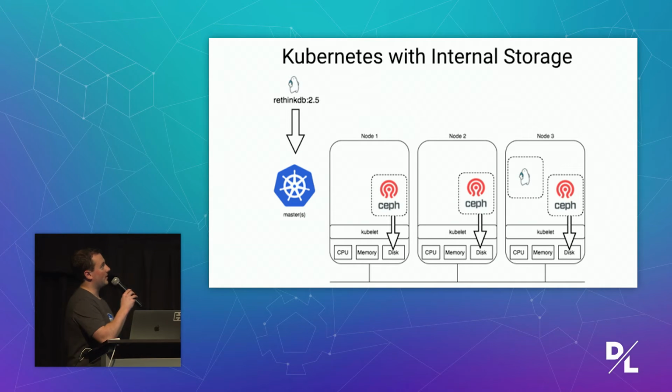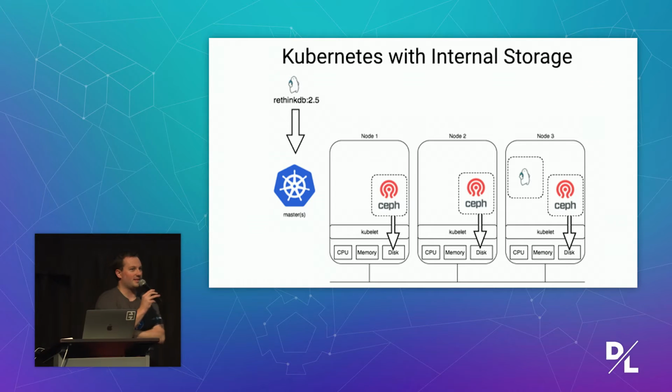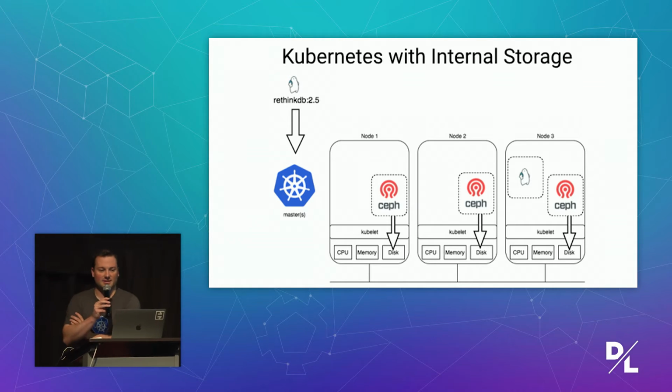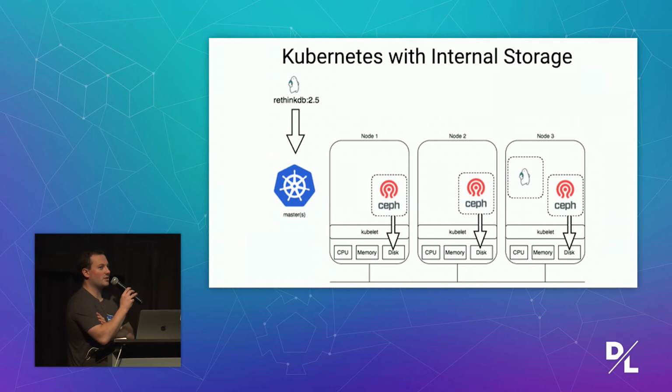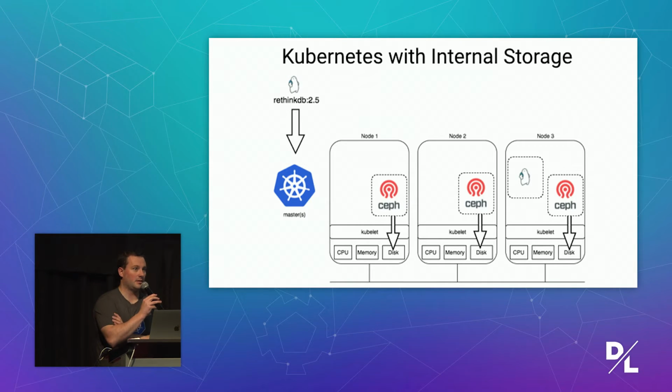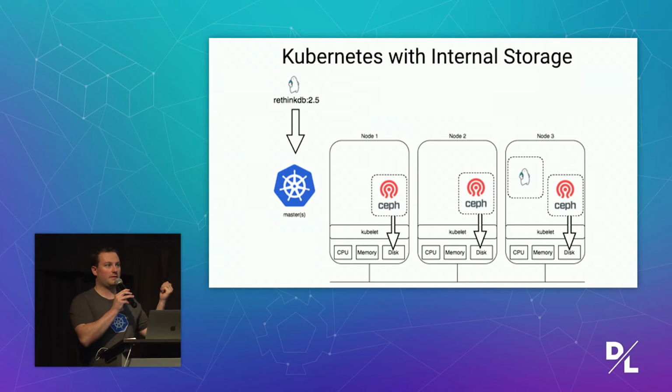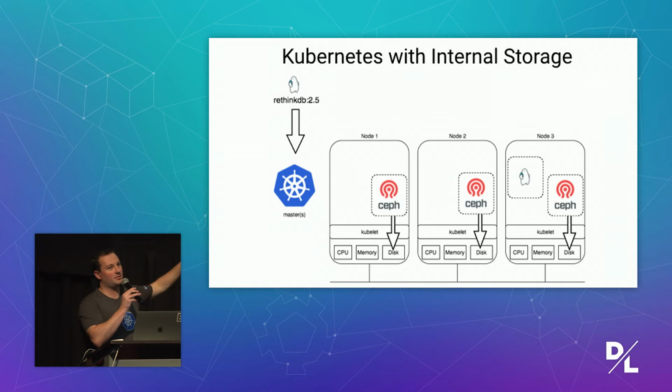Now, there's another really interesting paradigm that's happening. Well, we've got this cluster, and we have access to raw disks, and we have open source projects like Ceph and Gluster. Why don't we run storage in our own cluster? Can we get the best of both worlds? You can. So you can get excellent performance and high availability, but managing and operating Ceph and Gluster are non-trivial. So if you don't have people on your team that know how to do this and manage distributed file stores, don't do this.